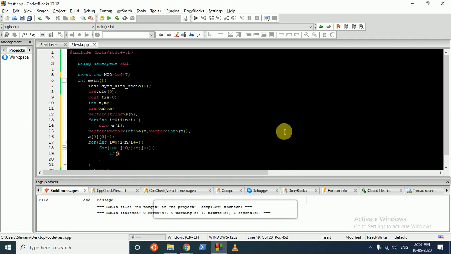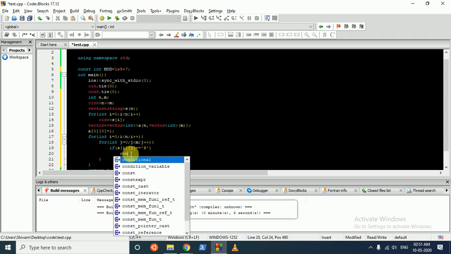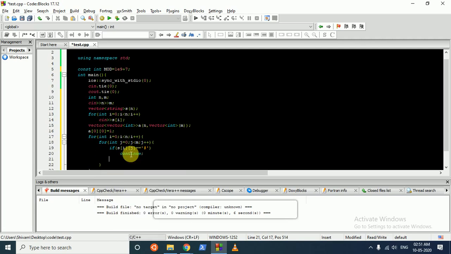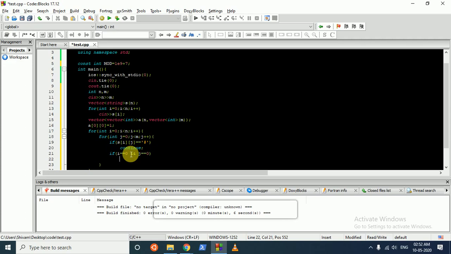If there is a wall, if s[i][j] is equal to hash, then there is no way, and because it's actually initialized with 0, we don't have to do anything, we just have to continue. Okay, the next condition is if i is equal to 0 and j equal to 0, and because we have filled that value, we don't have to do anything.